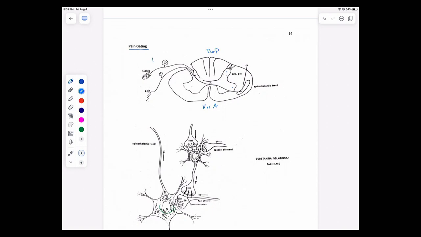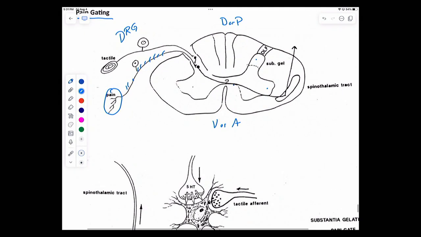Okay, so we have our dorsal root ganglia sitting over here. Imagine that we have free nerve endings, and these are ones associated with pain, so they're nociceptors. You have a pain stimulus, so now I'm going to have increased action potential frequencies. They're going to go into the dorsal horn of the spinal cord, and they're going to release neurotransmitter onto a secondary sensory neuron.